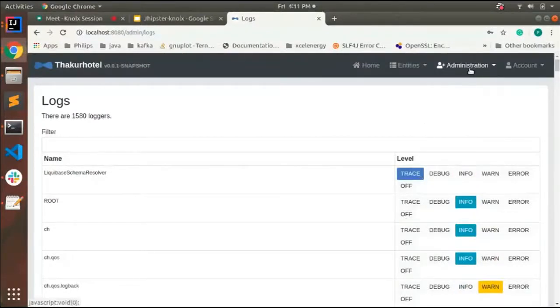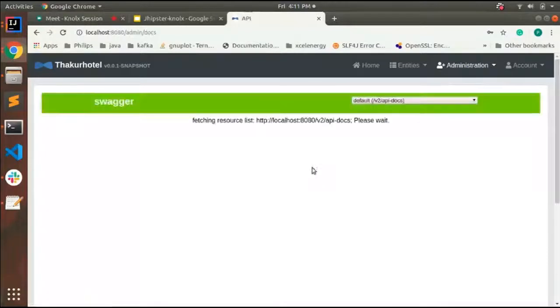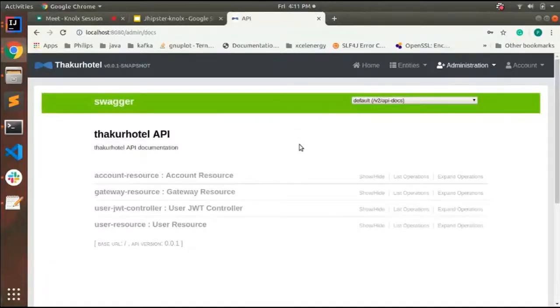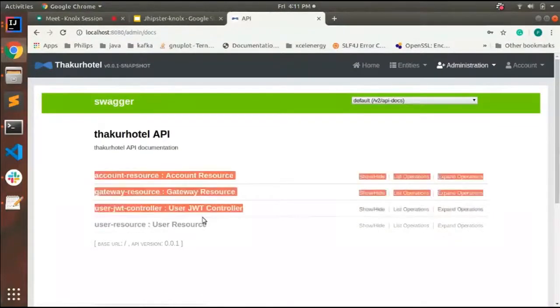If we want to debug an issue, we can use debug, and we can move that to info level as well. Here we have the API documentation, as I already mentioned. These are the API documentation of the gateway: the account resources, gateway resources, user JWT, and user resources that have been provided through the gateway.